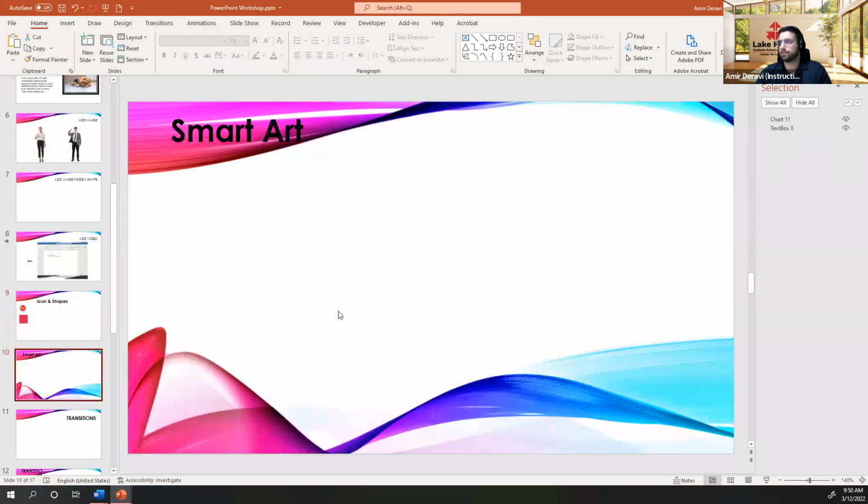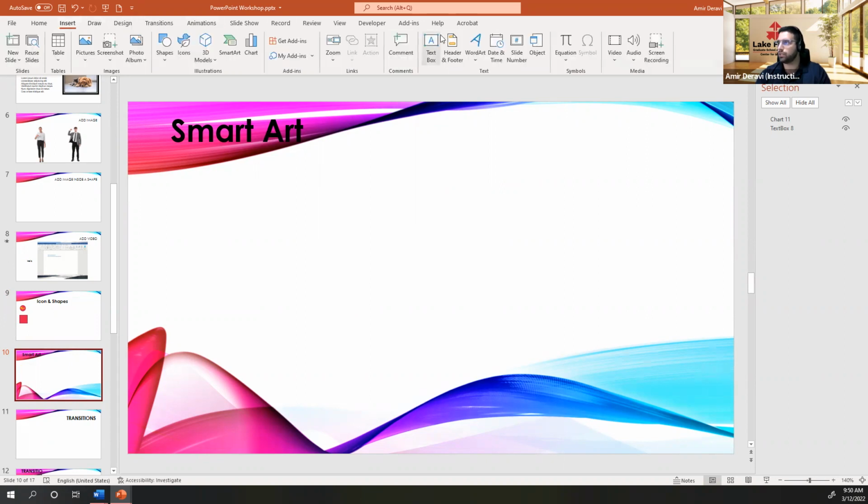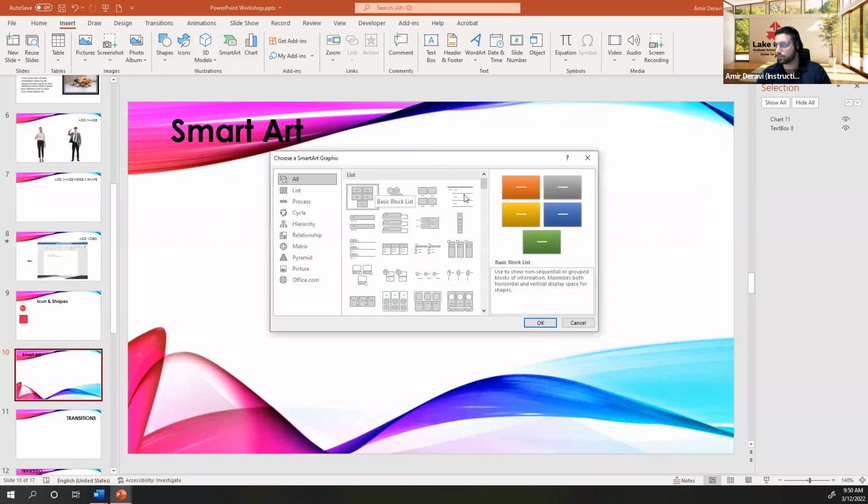Perfect. Okay, one of my favorite things to do, and honestly, this is something that I recently started using, so I'm not perfect at it, but it's a very helpful tool because I used to do this manually. Now it got a lot easier to do certain things. So if I want to present some sort of data, I can create this by inserting a SmartArt. This is another option under the insert tab. So if you go to insert and then SmartArt, a window pops up,